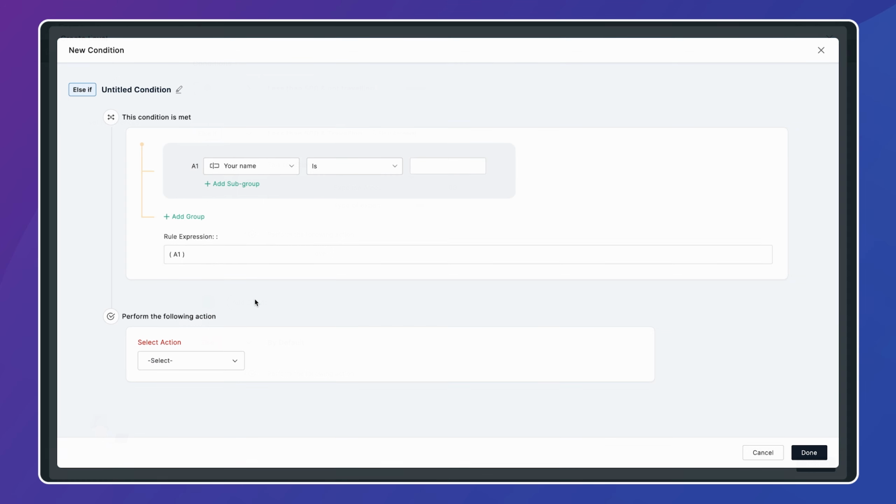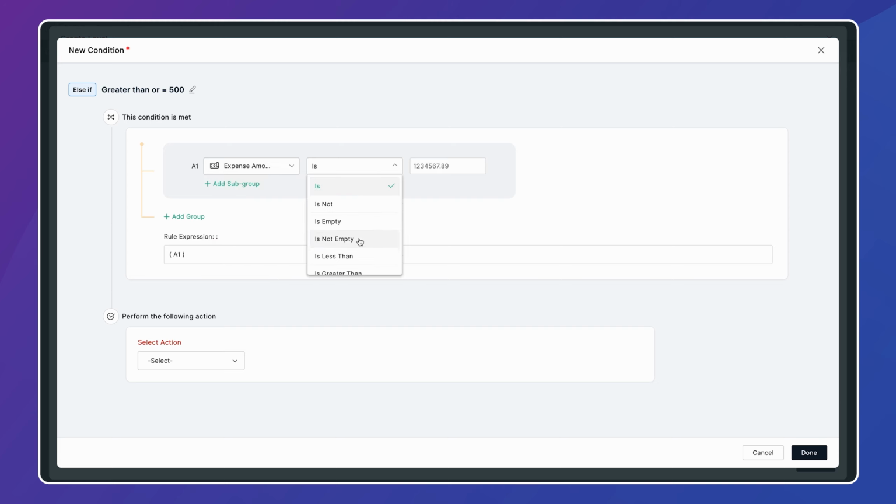Now we also have a third condition for this level which deals with the edge case. But what if your expense amount is greater than or equal to 500? So let's name this greater than or equal to 500. What this approval workflow has to do is, if the expense amount is greater than or equal to 500, it should go to your team manager Akash for approval and then go to the department head for the next level of approval. So to configure this,